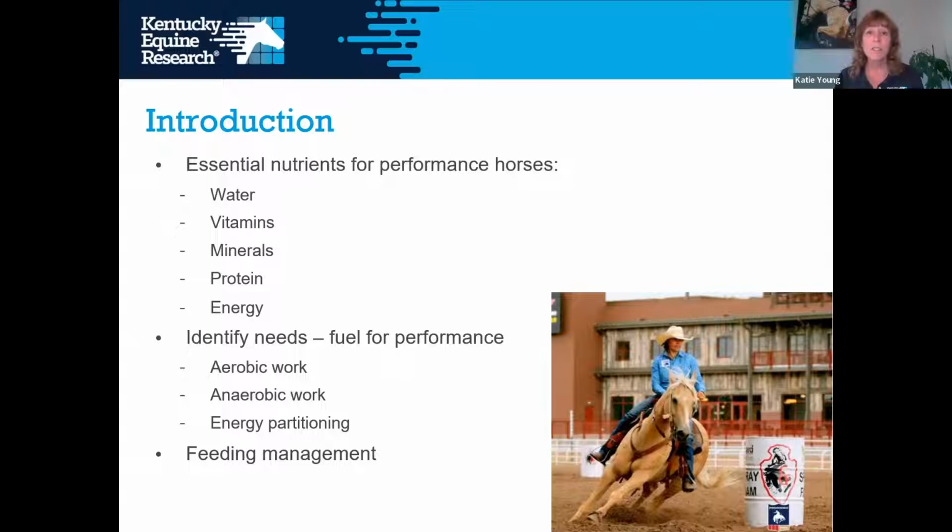And then finally, I'm just going to cover a little bit about feeding management, because as always with horses, we know they're kind of fragile flowers when it comes to feeding management. So I'm going to give you just some basic tips for good feeding management, because we want to keep our horse's gut healthy throughout whatever they are doing, whether they are competing, they're hauling, or they're just hanging out being pasture potatoes. We still always want to keep that gut healthy. So starting in,